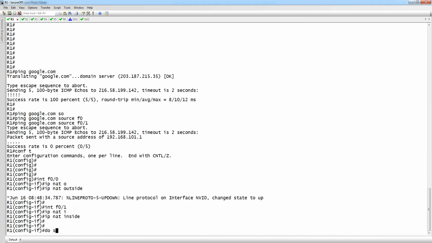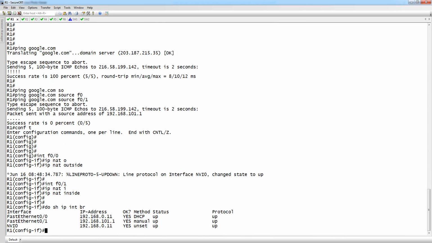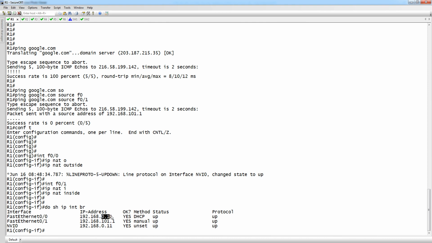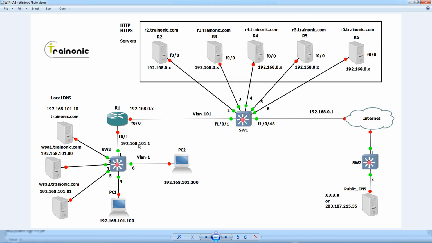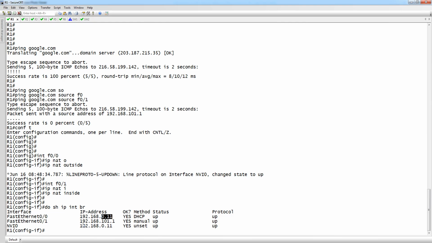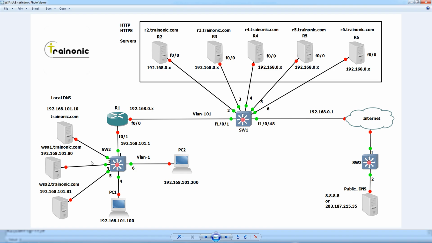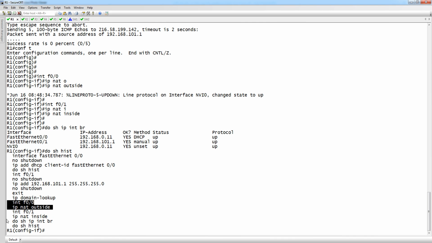Done. Do show ip interface brief: F0/0 is 0.11, 0/1 is 101.1. Do show history. F0/0 is our NAT outside interface and 0/1 is our ip nat inside interface.